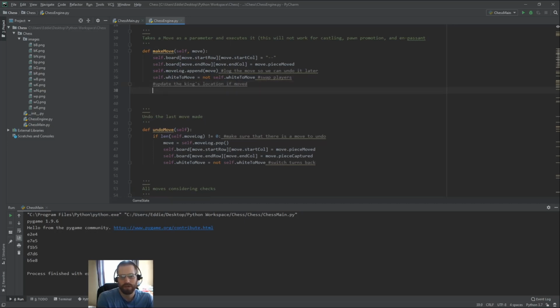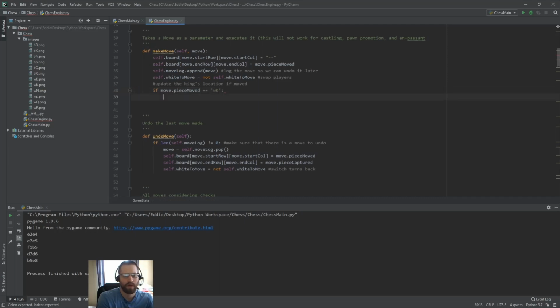And so we're going to check to see if the piece moved, which is stored in our move, is equal to the white king. Then let's update the white king location to be equal to the move end row, move end column,